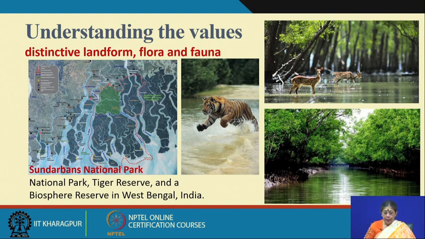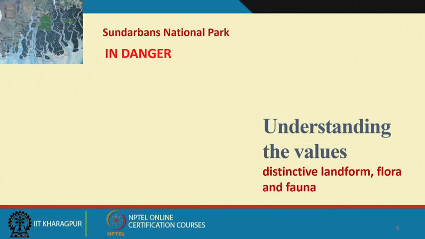And now this is important: it is not only for its scenic beauty, but it is a combined thing which must take care of its landform, flora and fauna. Though it is well known, it is not only in India, it also covers a certain area of Bangladesh, the adjoining country. We must understand that when we declare or understand the significance of a place, there are also other connotations. For example, this Sundarban National Park is in danger, and there is a threat that it may be delisted from the World Heritage Site. Why?